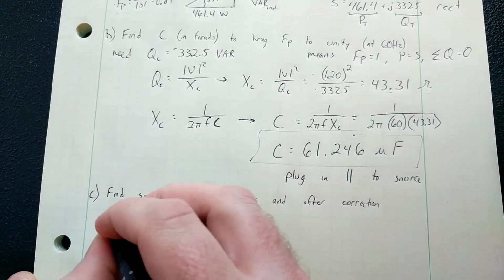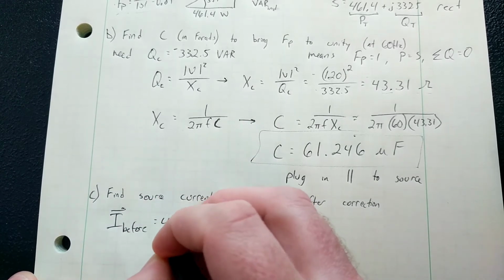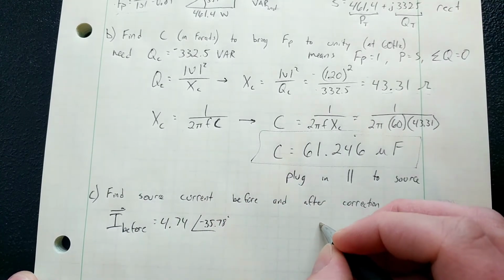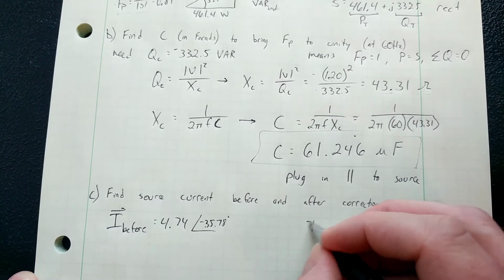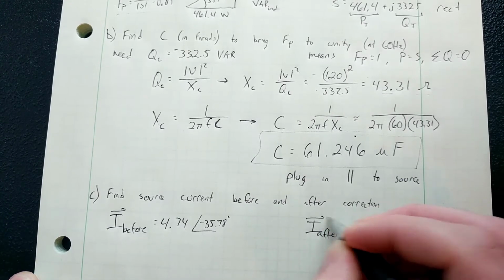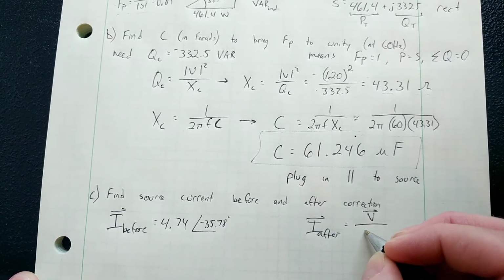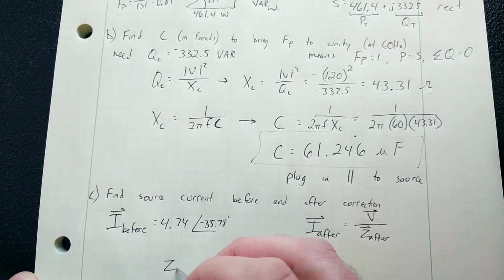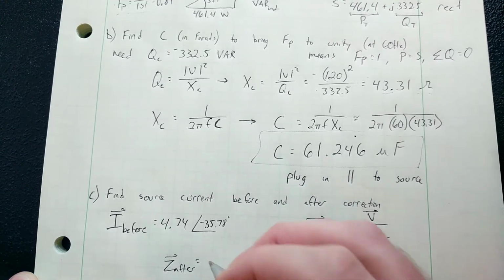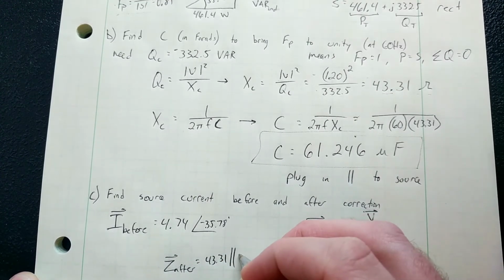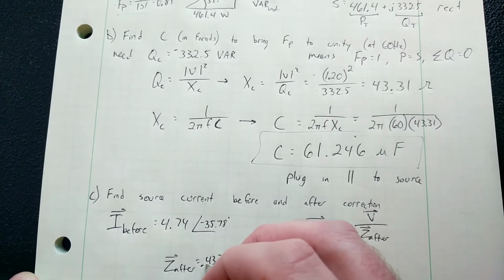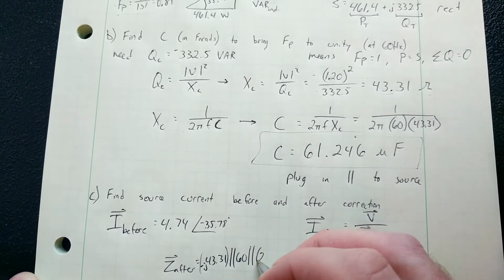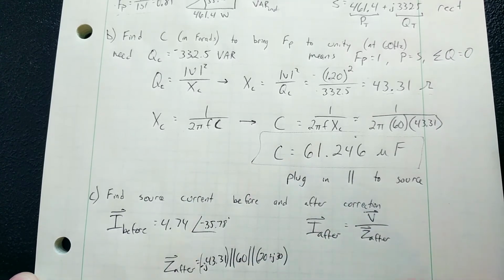Well, the I before, we already solved for. 4.74, angle negative 35.78. The I after would be the V over the Z after. And what is the Z after? I'll solve for it right here. Z after, we've plugged in the 43.31 in parallel with the 60, 43.31 negative J, excuse me, because it's a capacitor, with the 60 and then the 20 plus J 30. Together that gives us